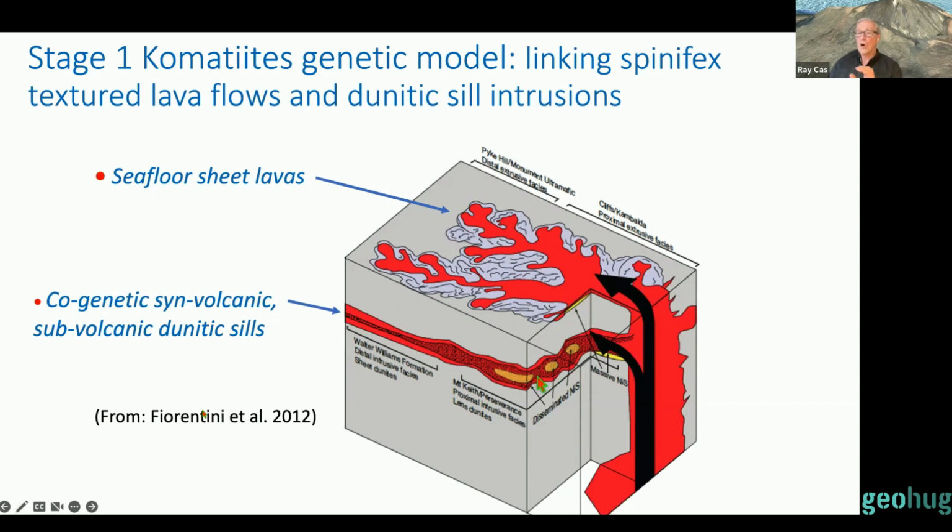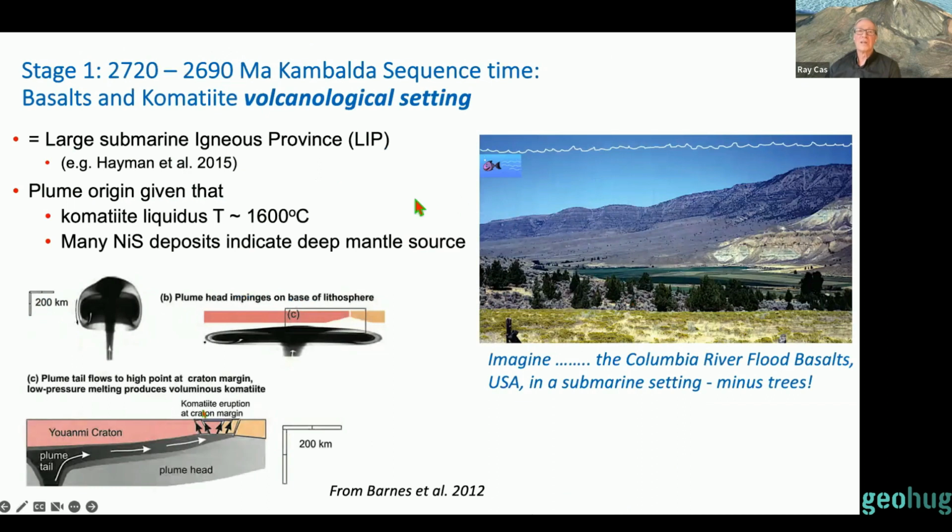You can get zones of massive nickel sulfide, particularly at the bases. Particularly in the sills, you'll get quite a lot of disseminated ore, and that's quite important, for example, at places like Mount Keith. And disseminated ore is less important with the lavas. So the volcanological setting, basically, of the Kambalda sequence between 2720 and 2690 was basically of a large submarine igneous